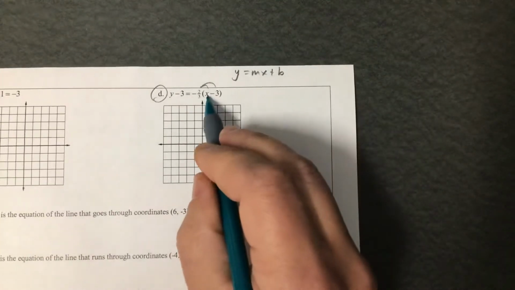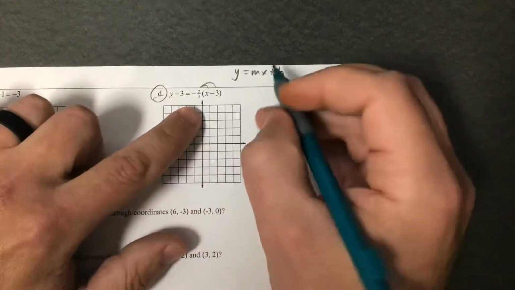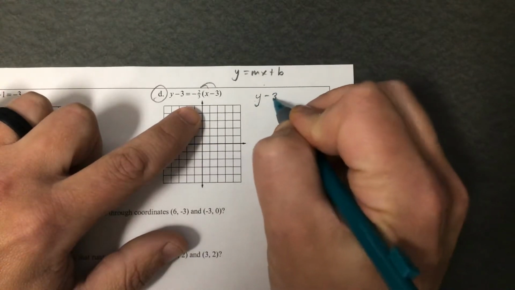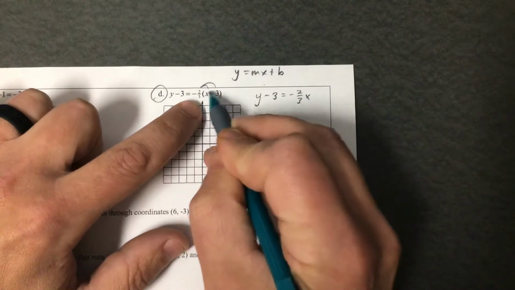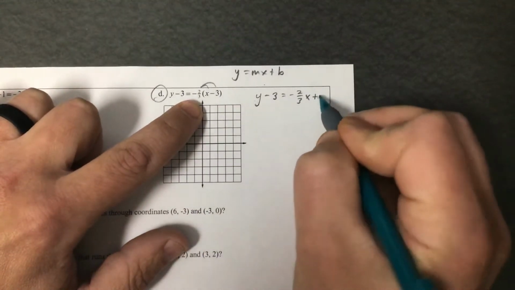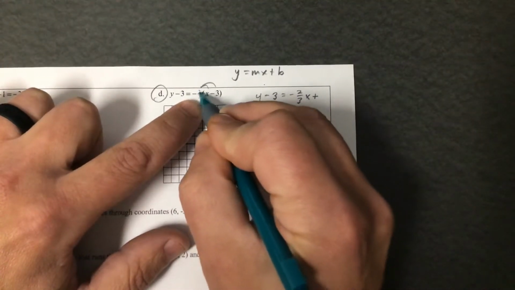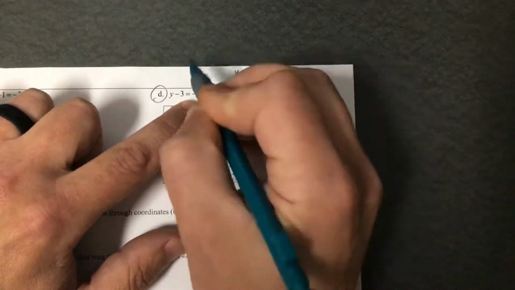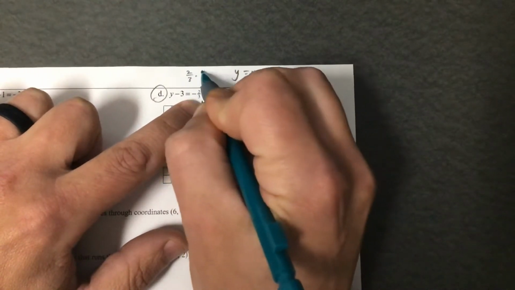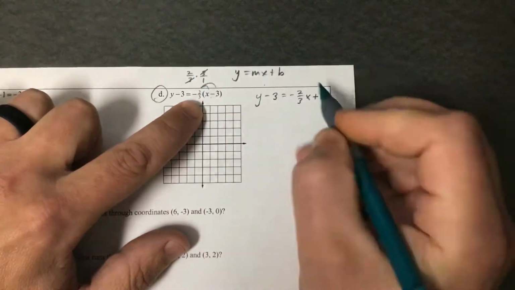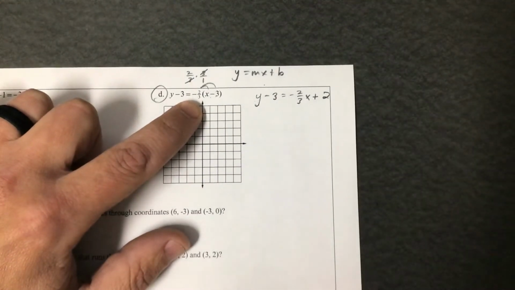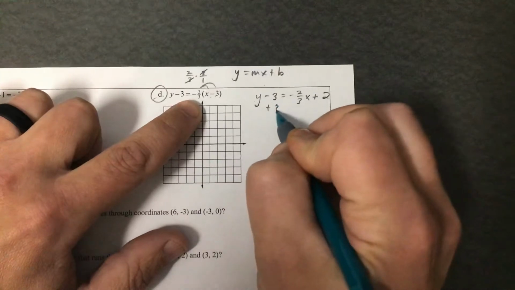So when I distribute, negative 2/3 times x is going to be negative 2/3 x. Negative times the negative is going to be a positive. And really this is 2/3 times 3. And if I do 2/3 times 3 over 1, I can see this is going to cross reduce, and I would end up with just a plain old 2. From there, I'd add 3 to both sides,